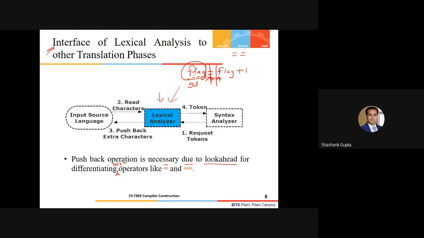So this pointer, which we are moving across the input stream, is well known as the look ahead pointer. From here onwards, we'll call this guy the look ahead pointer. So this pushback